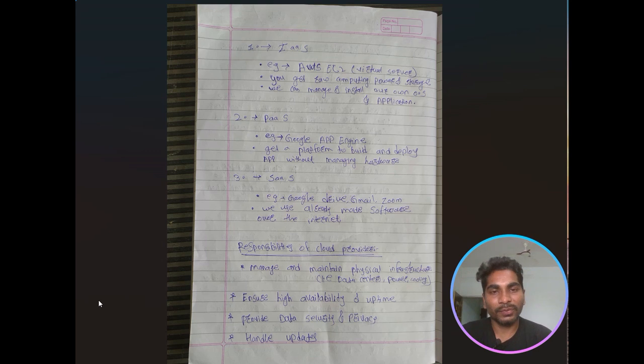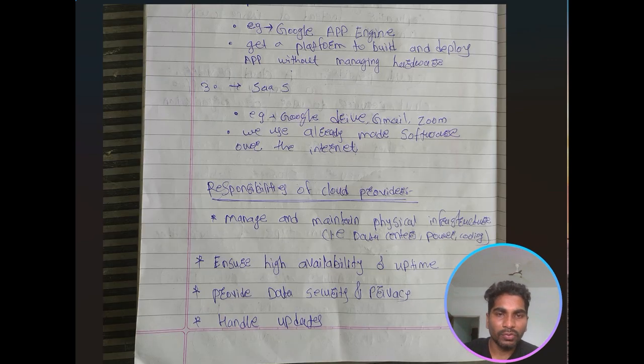And the third one is software as a service, like Google Drive, email, and Zoom. These are ready-made software that we can use directly over the internet. Now we will see the responsibilities of the cloud provider one by one.